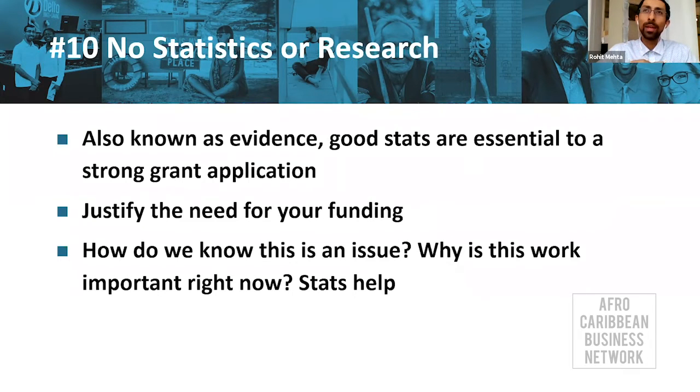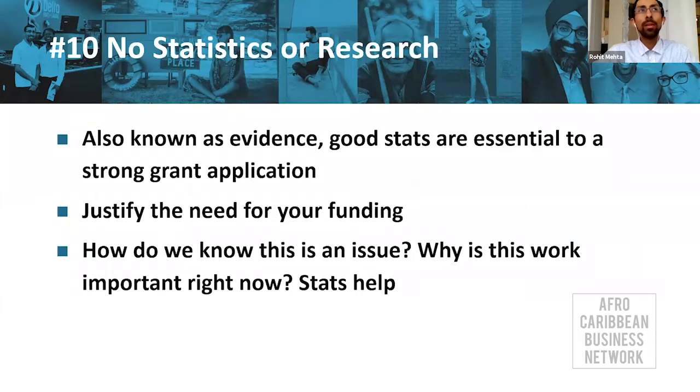So if you're to look at all the challenges that people go through when they're applying for funding, one consistent challenge is that they haven't identified the need to justify why they're doing the work that they're doing. So this is also known as evidence, and it really makes your application much better when you can tell them why you're producing backpacks for children in September, or why you're running this after-school youth program. And a lot of times, it really helps to justify the need for the funding. If you can justify it, then the funder is more likely to empathize with your work, your cause, and to want to support that cause.